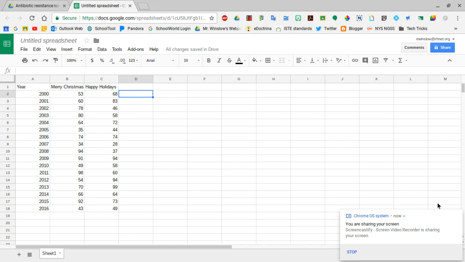Hey everybody, quick update on how to use the new Google Sheets to make a graph. So it's going to be real quick. I just have some random information here that I put in. So the first thing you need to do is highlight your data that you want to